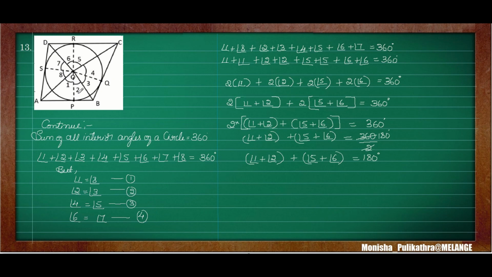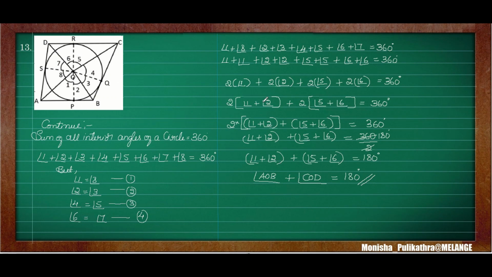Okay, what is angle 1 plus angle 2? See here, angle 1 plus angle 2, if we add both, then the angle is angle AOB. Angle AOB is equal to angle 1 plus angle 2. Instead of angle 1 plus angle 2, we can write it as angle AOB. Angle 5 plus angle 6 is angle COD. So angle AOB plus angle COD is equal to 180 degrees. Okay, similarly here the opposite sides are equal to 180 degrees.